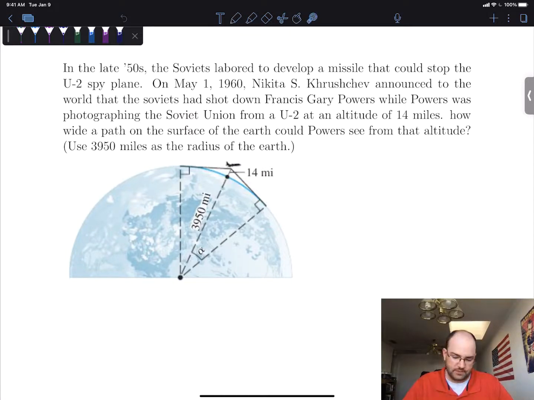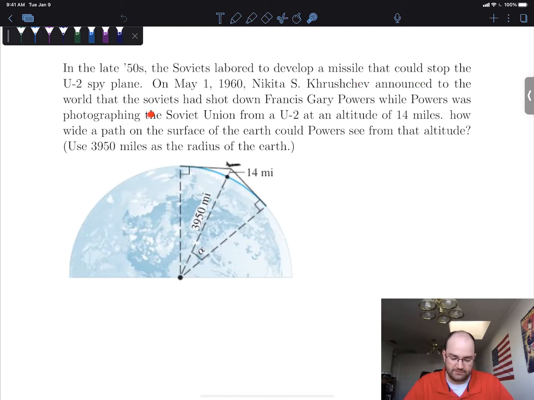Hello. In this video, we want to look at an application. In the late 50s, the Soviets labored to develop a missile that could stop the U-2 spy plane. On May 1st, 1960, Nikita Khrushchev announced to the world that the Soviets had shot down Francis Gary Powers while